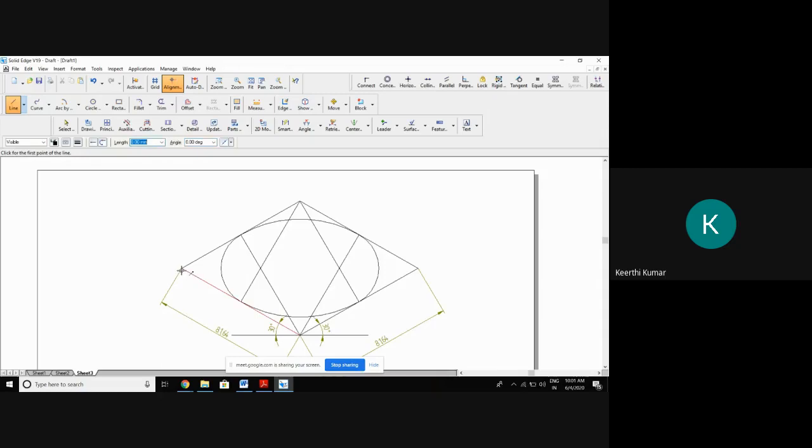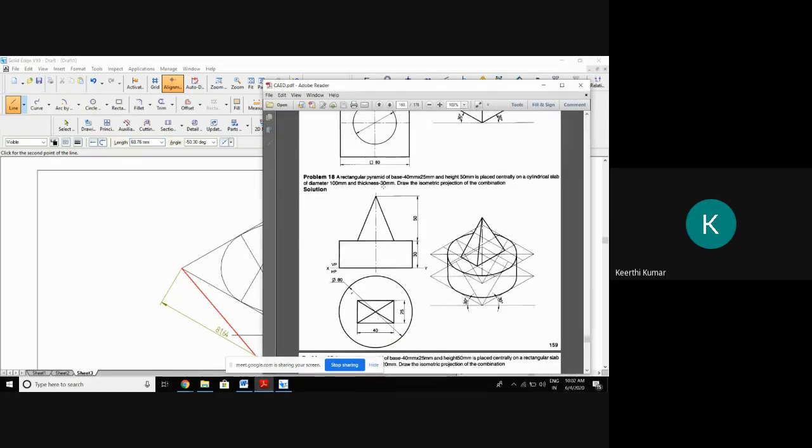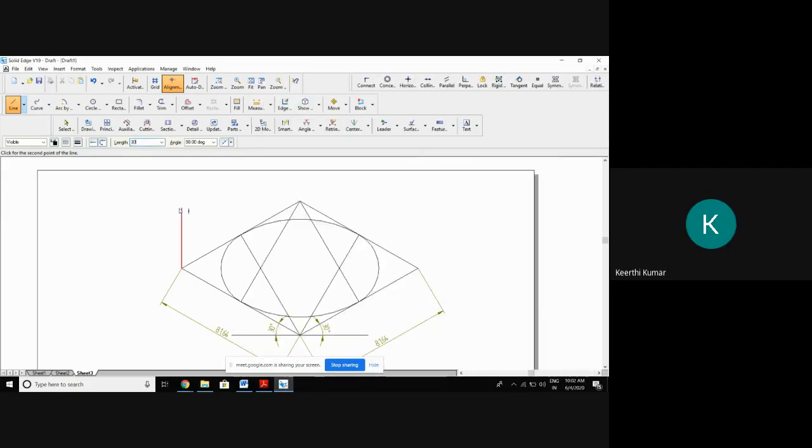So raise the box. What height am I supposed to take now? It is equal to the height of the cylinder. What is the thickness of the cylinder? 30. So you raise the box equal to 30 into